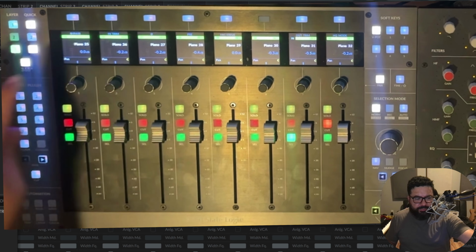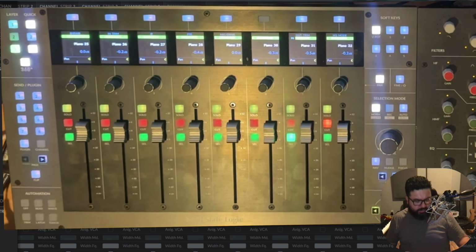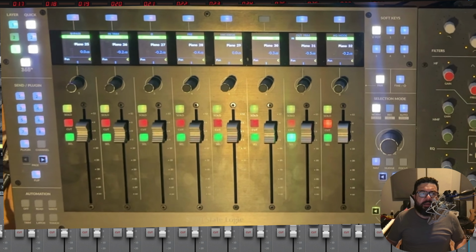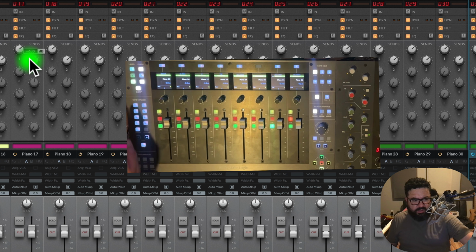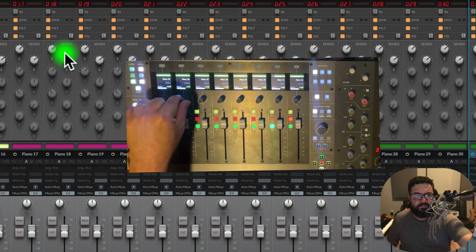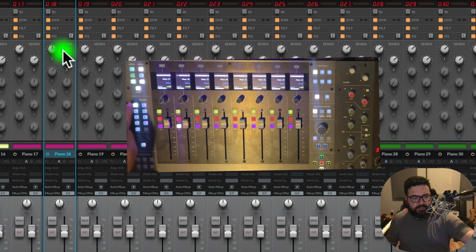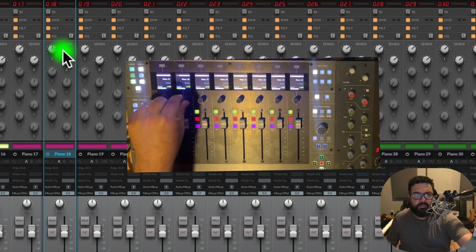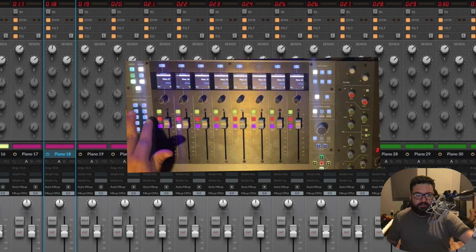you have pan. Okay, but if you have sends, which I added some sends in Studio One, you could see that now we have a Sends section here in the SSL 360 software, and you can just hit here and notice that the sends change here, and then you could manage them from here. So if I'm on that track, for example, see, Send 1, then I just click Send 2. All right, and then you will have Send 3, Send 4. But if you want to go back to the pan, you just hit that Send plugin button. All right, so that's pretty neat. And